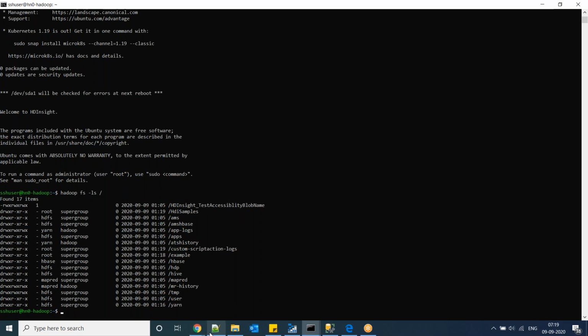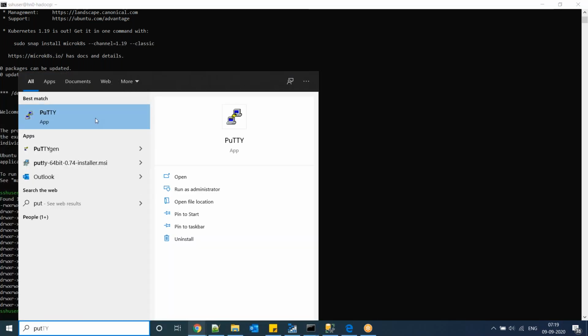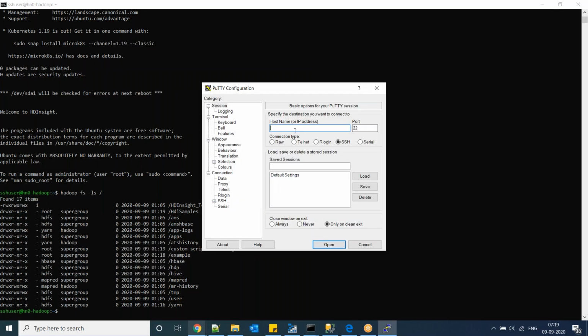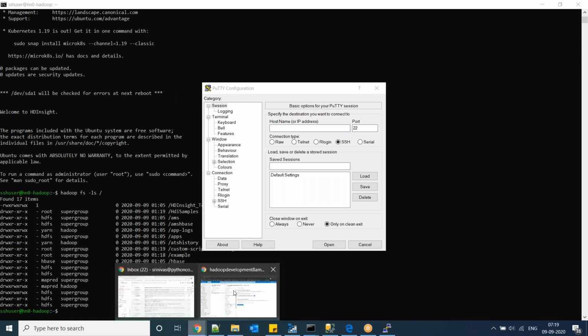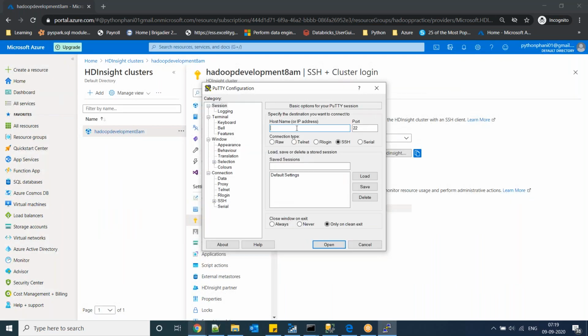Here, the same thing you can connect with your PuTTY also. Go to your PuTTY. Now here you can use the cluster address. Copy this one, and provide your cluster name.